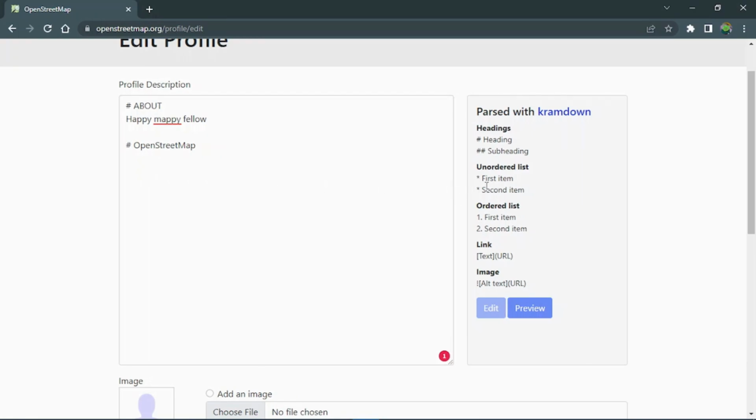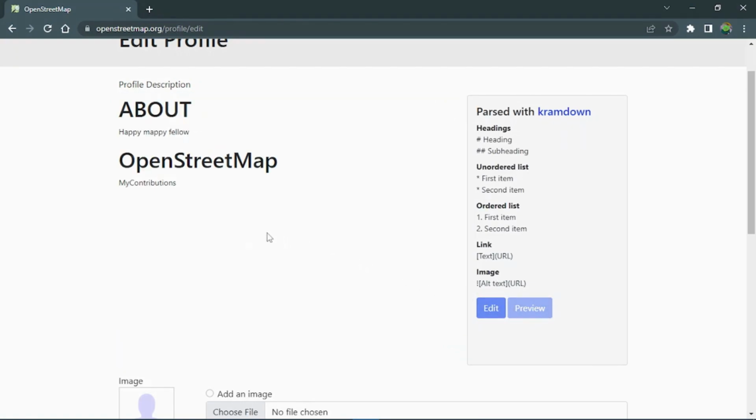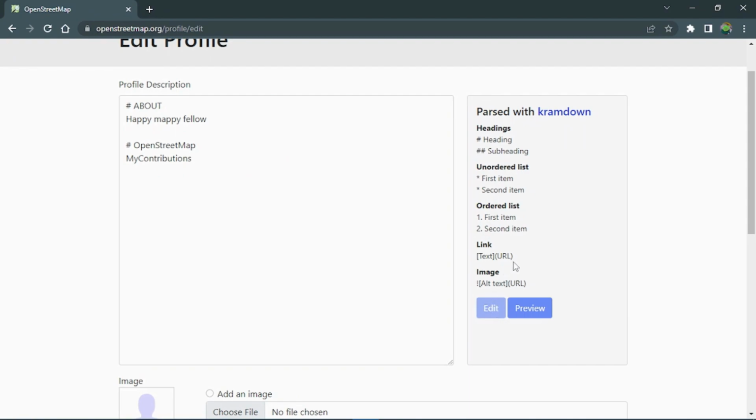Okay, now to do that, first off I'm going to type my contributions. Now let's preview. So we have OpenStreetMap my contributions, but this does not really make any sense. If we put my contribution, how is someone going to know what we have contributed, right? So that's why we go back to edit mode and we look at this